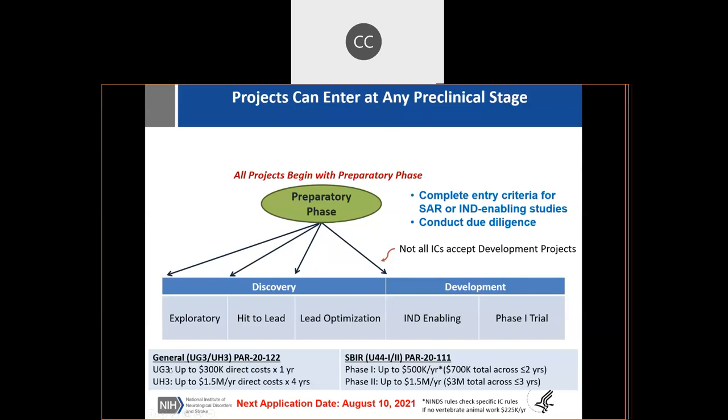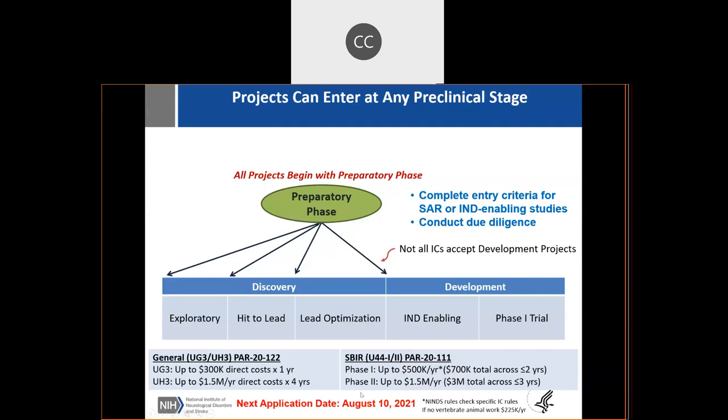So in general, we come in, I said there's sort of a reduced budget. If you're coming the UG3, UH3 route, then if you exceed 500K in direct cost in any year of the grant, you must ask permission in advance. You must give me a detailed budget for all the years of the grant and ask permission in advance. And that process can take 6 to 8 weeks, which means you need to do that right away if you've got a plan to be over 500K in direct costs in any of the years of the grant on this side. If you're on the SBIR side, that rule doesn't apply, but other rules on total costs do apply under guidance for SBIR.